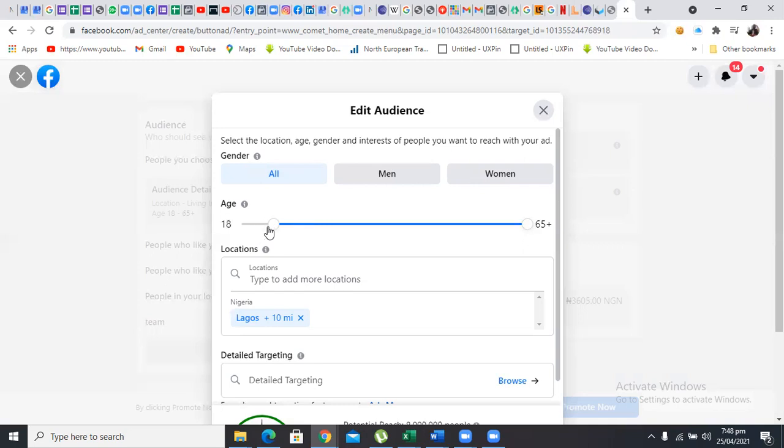Let's say we are having people between the age of 18 and 50. Let's say mothers, the range of mothers that can most likely buy football for their children will most likely be between the age of, let's say, 30 to, okay, let's just leave it at 45. If there are people older than this, you can increase it by just clicking on this, and you are fine.